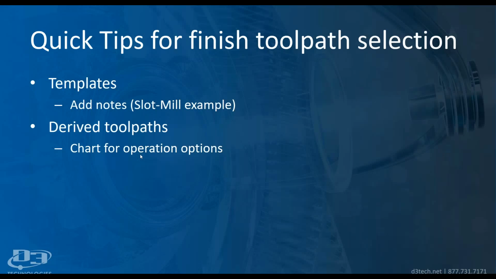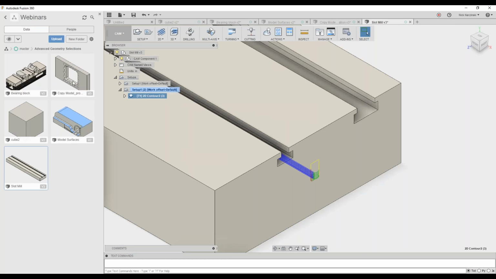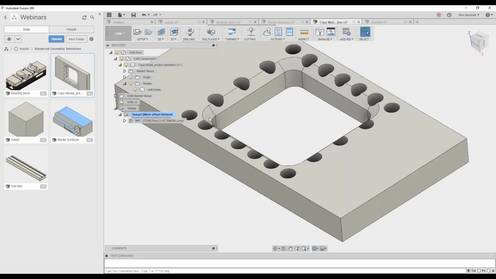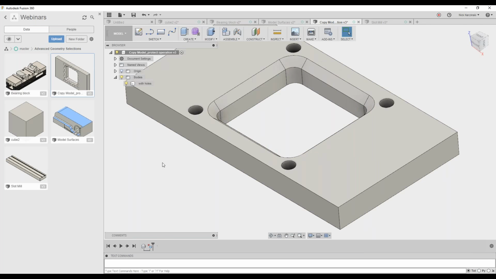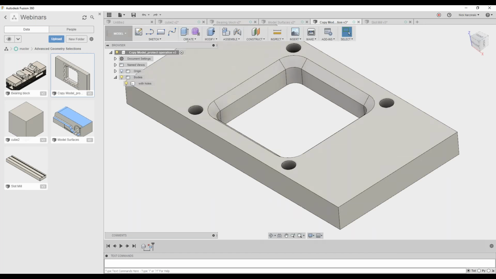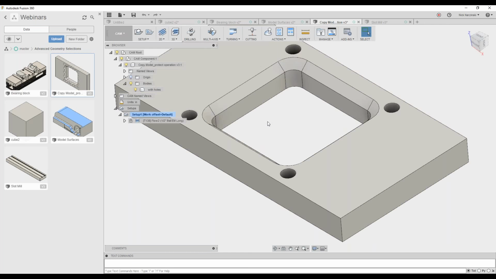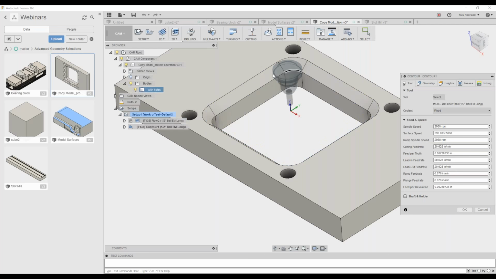And then the other one was derived toolpaths. So if you guys aren't sure, especially when you're getting started, of which toolpaths you want to utilize, let's go back to the model here and drag it to the end. Go to the CAM workspace, and that's probably not a good example to drive from there, but if I had like contour, for example,